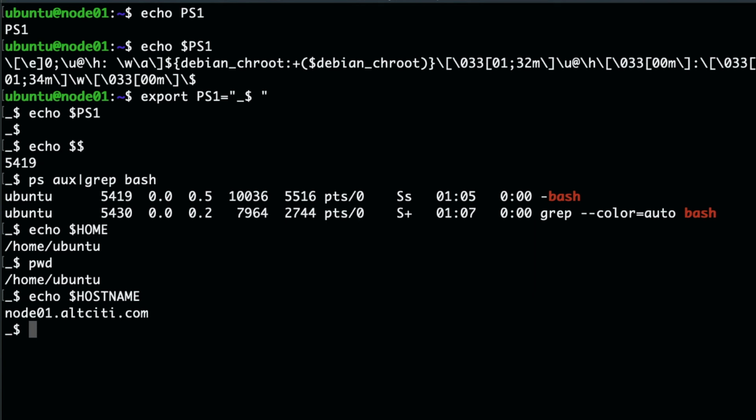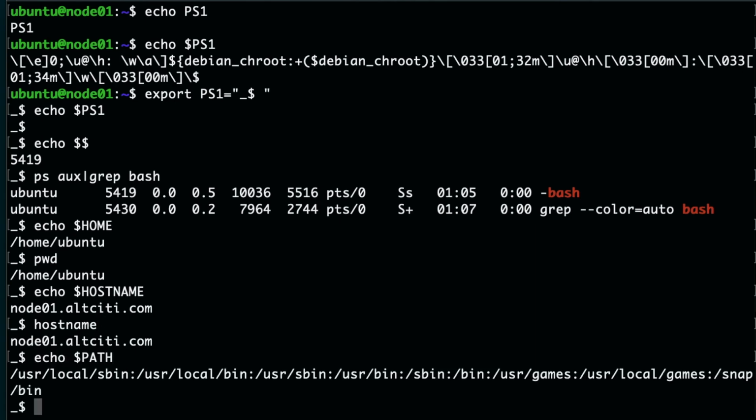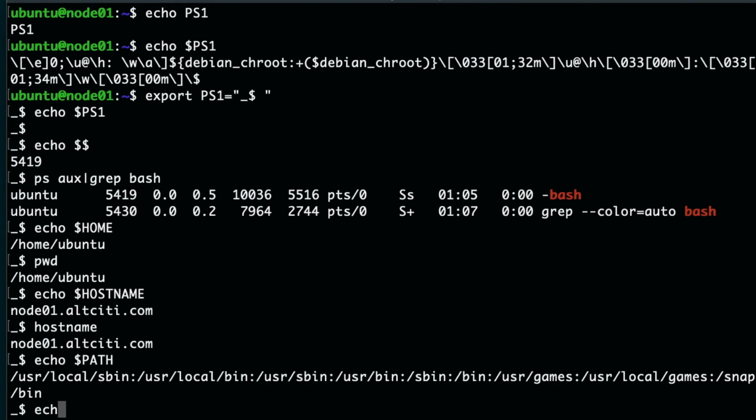And actually we can see hostname with that command also. There are other things like $PATH. $PATH, this shows us our search path. When you run a command, it will search it first in these directories. There are colons between these directories, you see. Yeah, so also actually we can see our current directory with pwd.